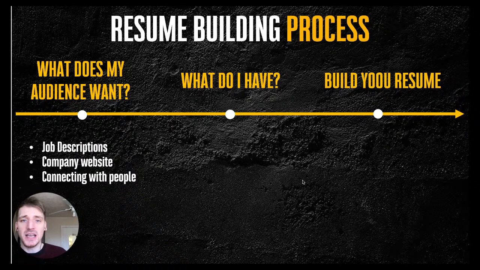There are so many websites where companies post the openings that they have. So first, go there, find at least 5 to 10 job descriptions that you think you're qualified for. Go there and start analyzing those and looking for the keywords, looking for the kind of experience